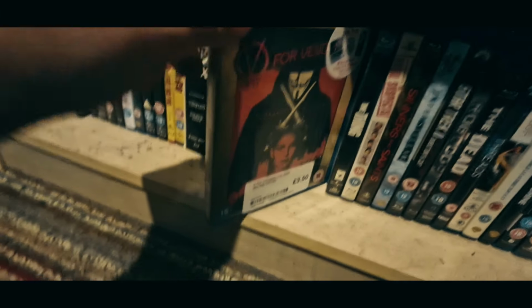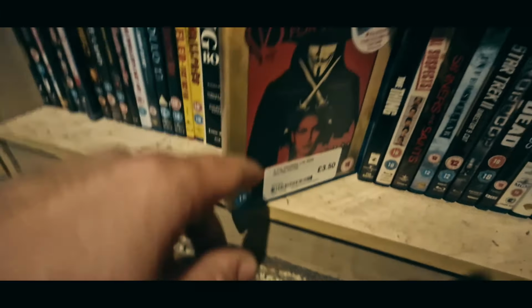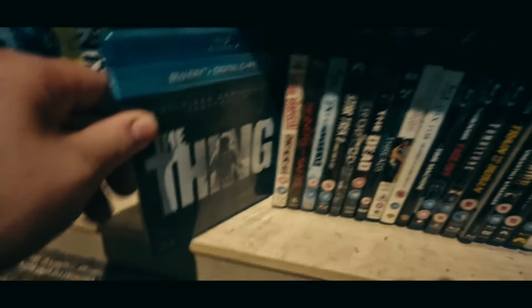V for Vendetta. See how much I paid for that? £3.50. Quite like V for Vendetta. And this is the